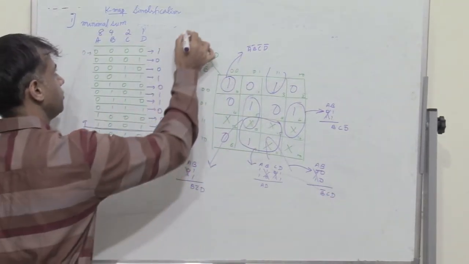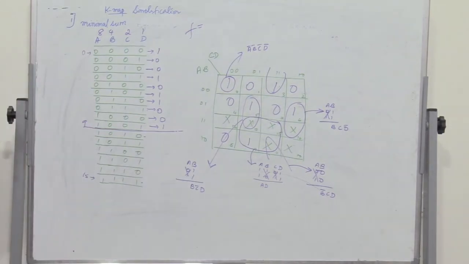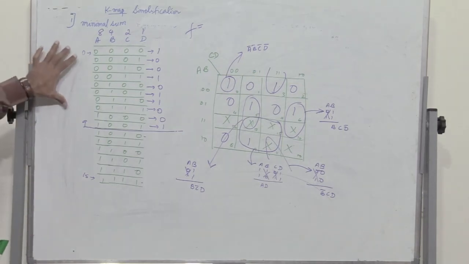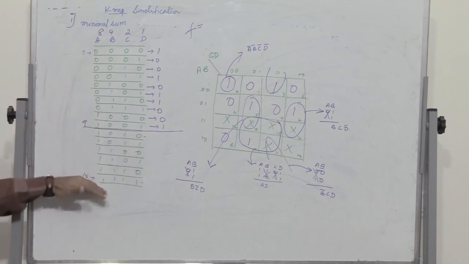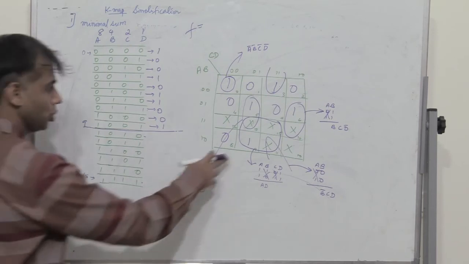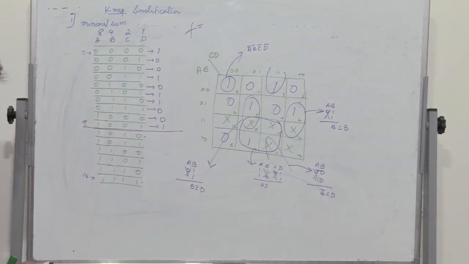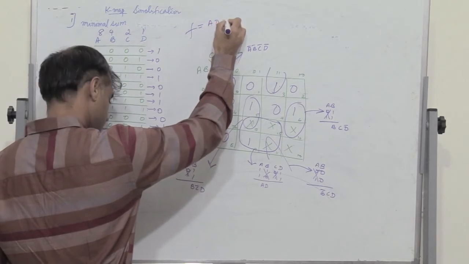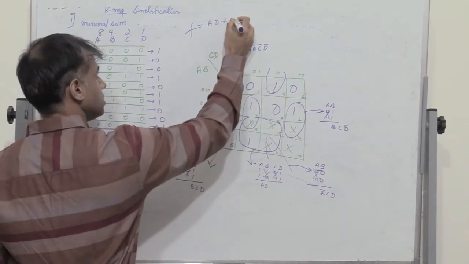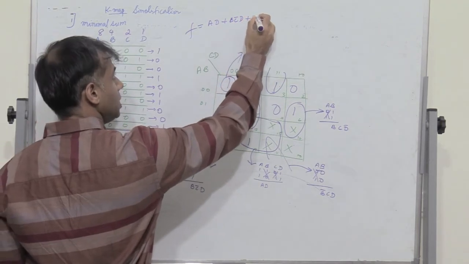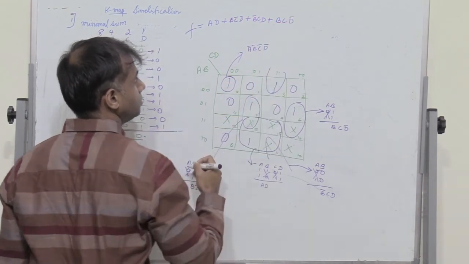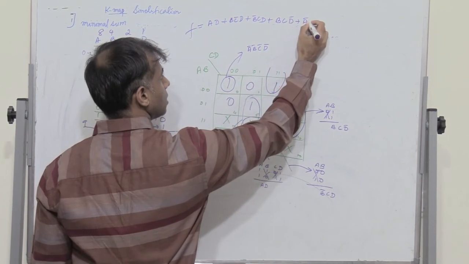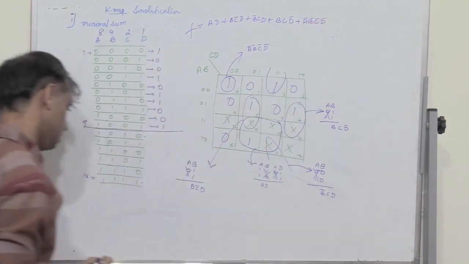So what is the final expression? The final expression, the minimal sum for an 8421 BCD code, wherein you only consider the input combinations 0 0 0 0 to 1 0 0 1, and for all the remaining we consider don't care. So therefore the final expression is going to be AD plus B C bar D plus B bar C D plus B C D bar, and then plus A bar, B bar, C bar and D bar.